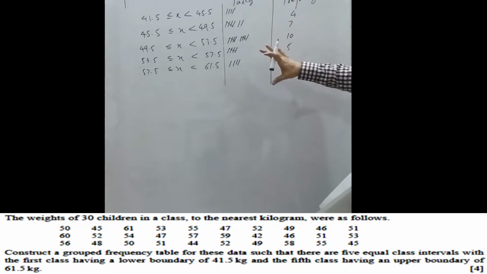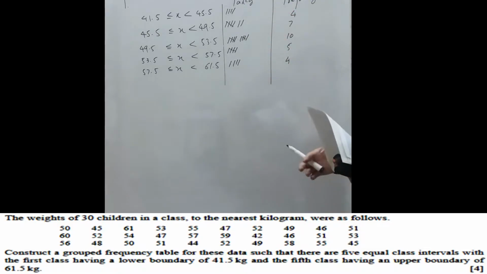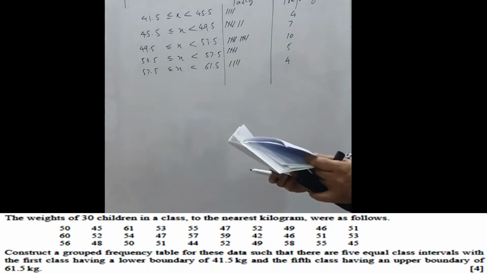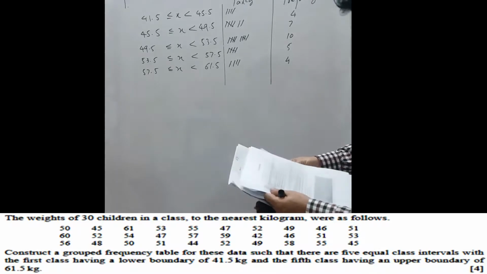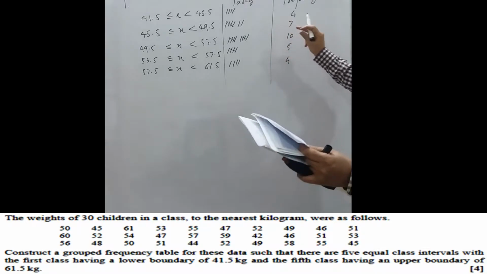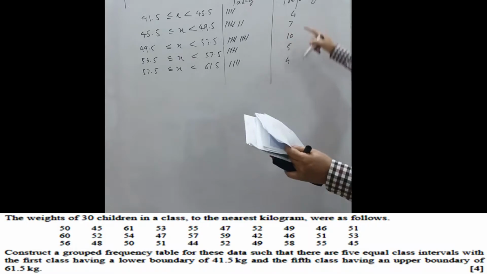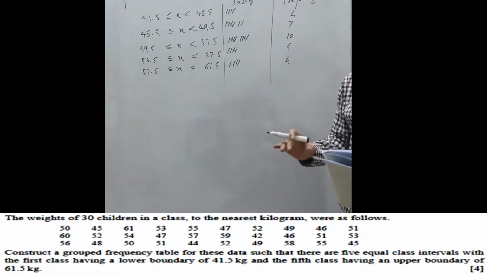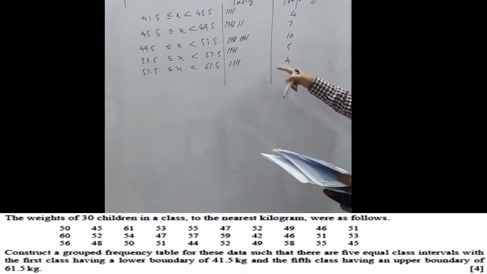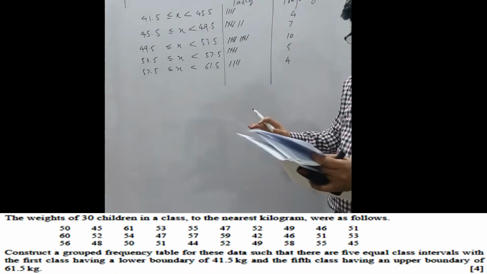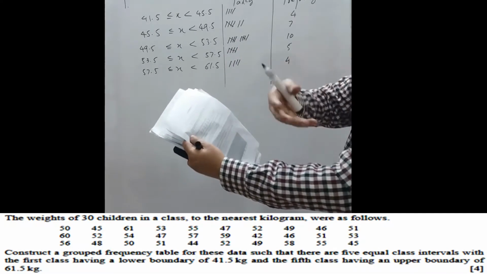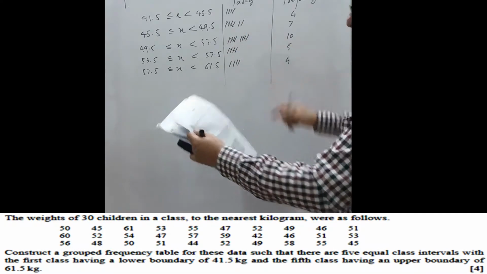This is the group frequency table, as in the statement. You are asked to construct a group frequency table. This is the group frequency table, and this is the frequency. You can omit this column, but it is better to make this column, and there will be no mistake if you do it like this. When you enter the value, please go on cutting it. This is the tip I am giving you on how to complete it.